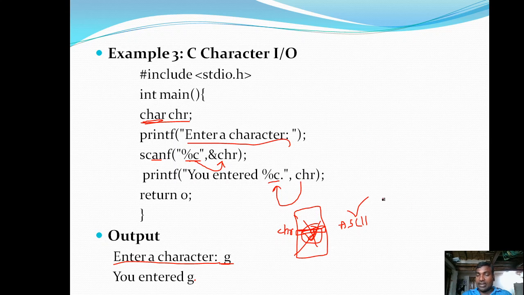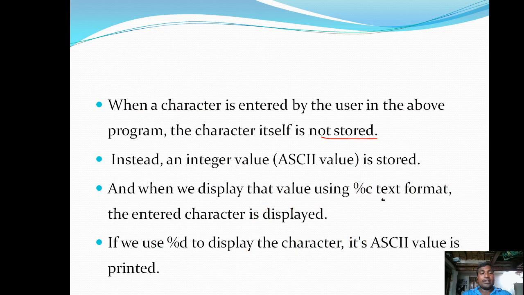It is happening with the ASCII codes. So here an integer value is stored in the memory location. That integer value we call the ASCII value, American Standard Code for Information Interchange. Okay, so when we display that value using the %c format specifier, the entire character is displayed.